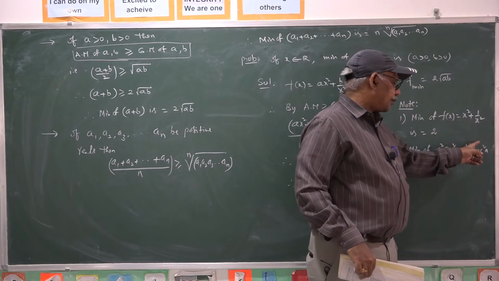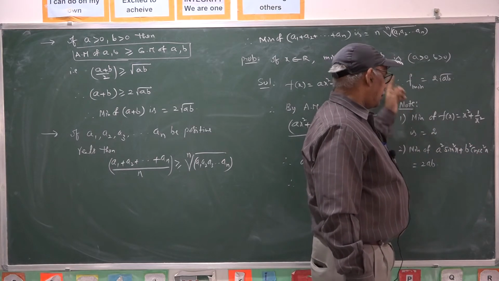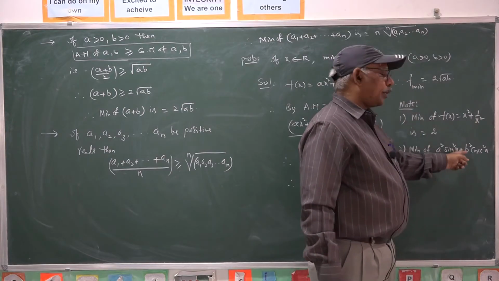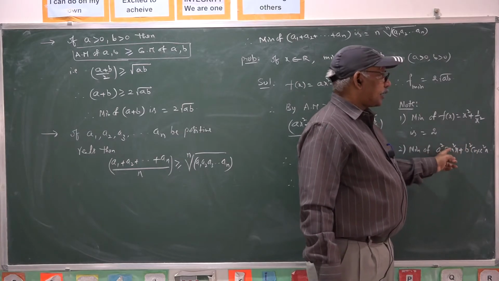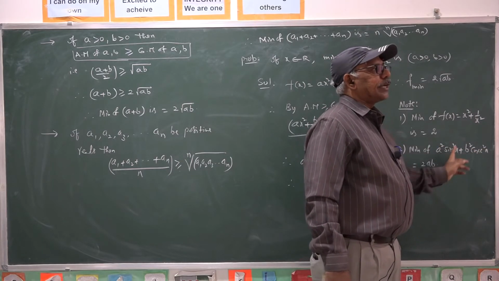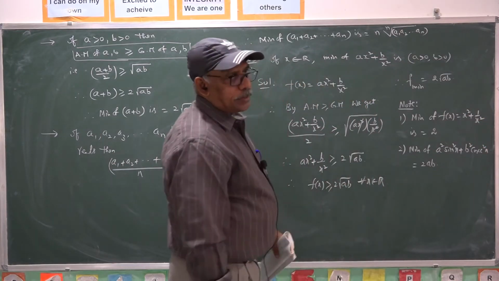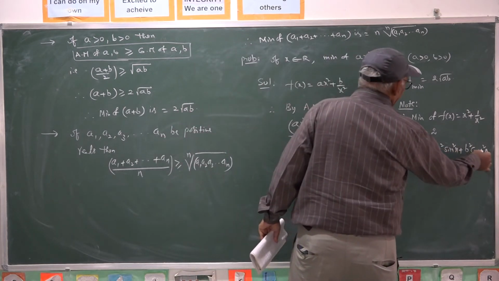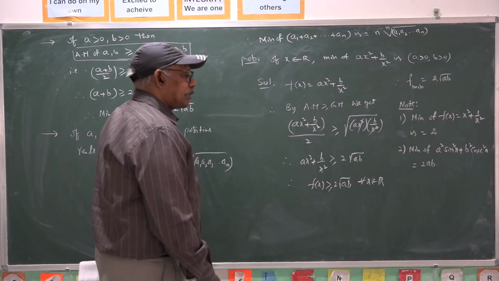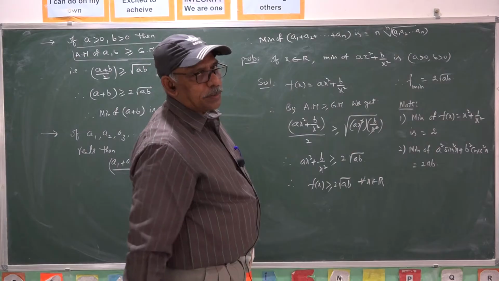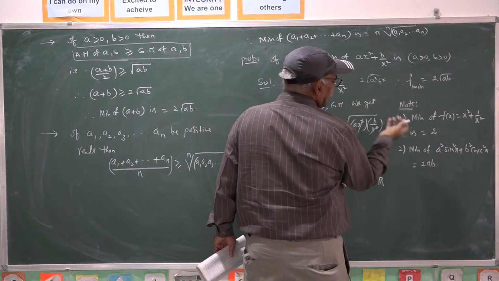cosec square may be written as 1 by sin square. So instead of a, here we have a square. Instead of b, here we have b square. And instead of x, we have sin x. So a square sin square x plus b square cosec square x is greater than or equal to twice that of their geometric mean. Once taking the geometric mean, you can remove this one, because sin square x into cosec square x is 1. Hence 2 into root a square b square, that we get. That gives us 2ab itself.